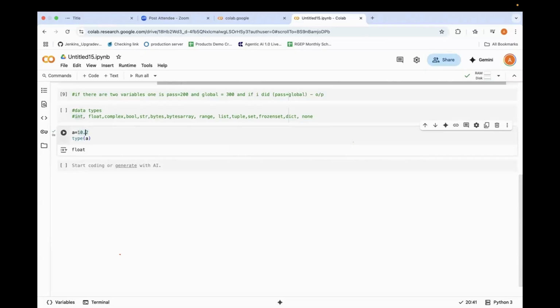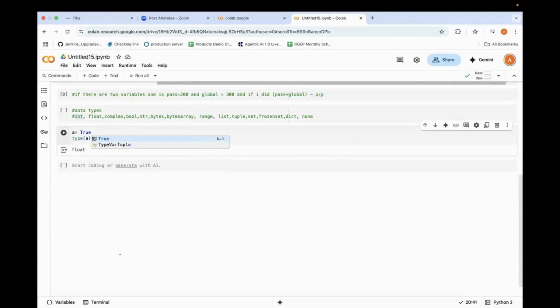Now, what is complex? What are complex data types? You would have seen in maths, when learning that subject, something like 3 plus 5j. This j is nothing but an imaginary number. This is nothing but the complex data type. You can perform addition, multiplication, everything on it. You can consider it more than a float. Now, what is Boolean? Boolean is something, which keywords did you learn?